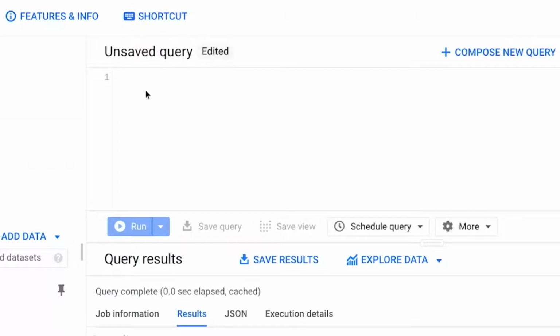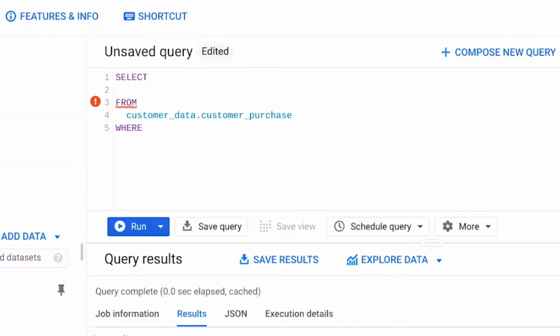We start by writing the basic SQL structure. SELECT, FROM, WHERE. We know the data comes from the customer_purchase table in the customer_data dataset. So we write customer_data.customer_purchase after FROM. Next, we tell SQL what data to pull.